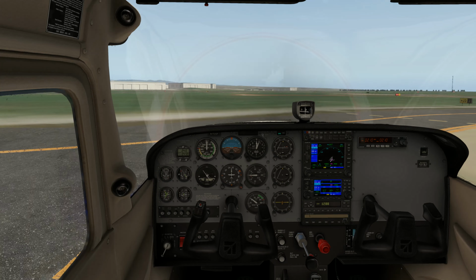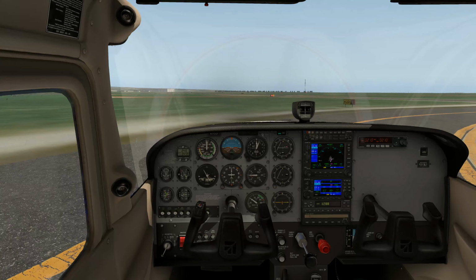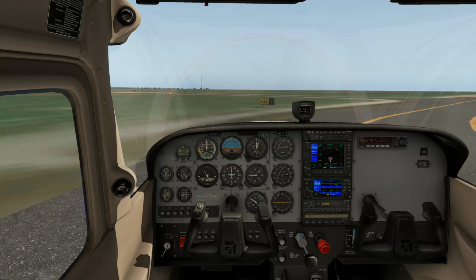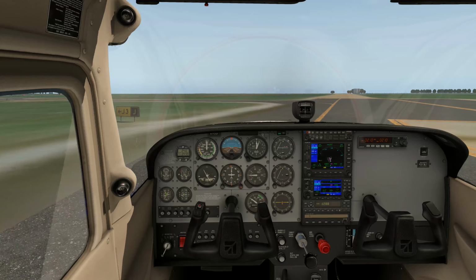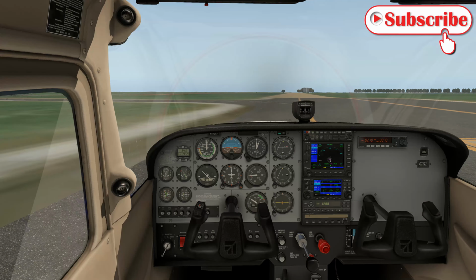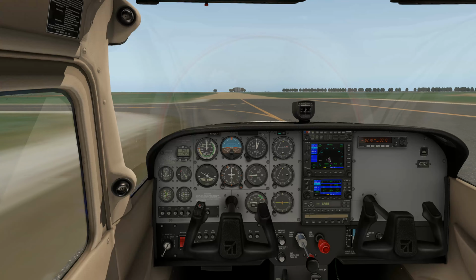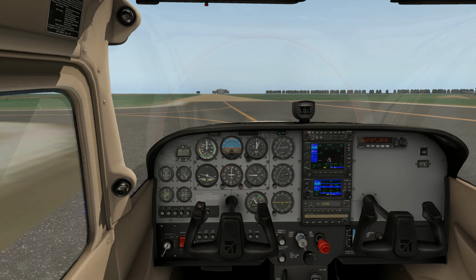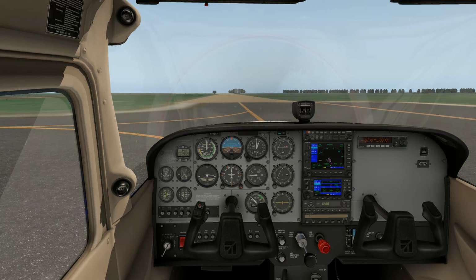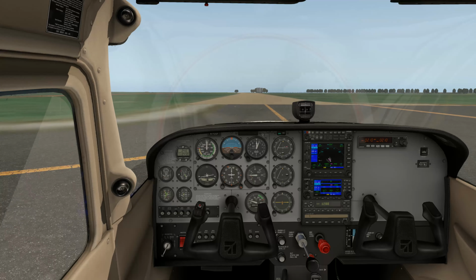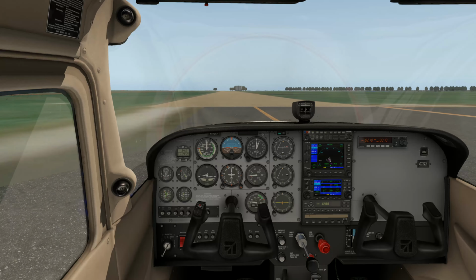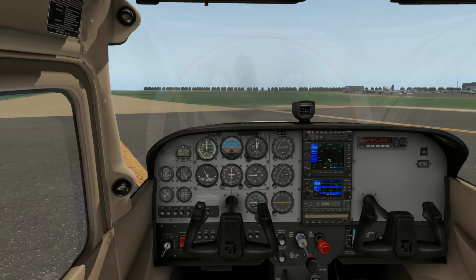So anyway, we'll taxi out and we'll enjoy this. Now we're going to come out. Adelaide Parafield has 2 runways going in this direction and back, and then we have 2 runways back behind us, so we're not going to go over there at the moment, but we will turn around here and we will do our magneto checks. So just taxiing around,